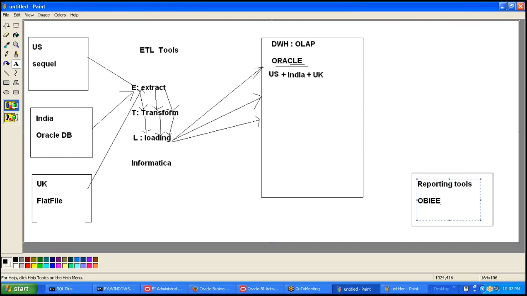Okay, the name itself it is indicating it is a product of Oracle Corporation. Okay, so now where is the data? The data is not available in the reporting tools. The data is available in the warehouse, which means the reporting tool should connect to the warehouse and it should pick the data from the warehouse and it will show in the reporting tool. So we will see that in a few minutes.